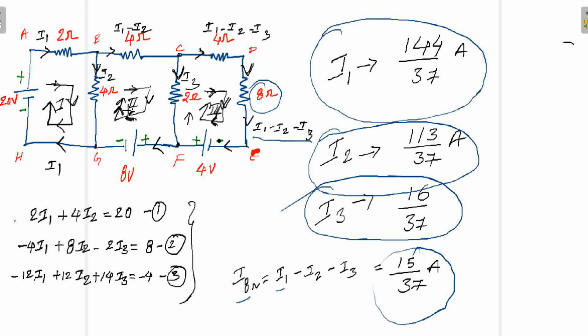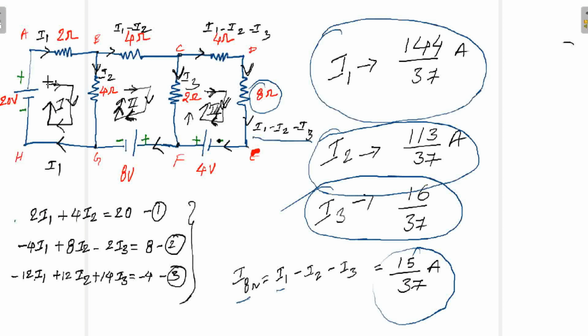It means that with the help of KCL or KVL, with the help of these Kirchhoff's laws, using the basic current values, you can find any branch current. Remember this point. This is a very important point for Thevenin's theorem. By using the Kirchhoff's laws, you can find the response across any element. It is not specific to a particular resistance. You can find the current flowing through the 8 ohms, 2 ohms or 4 ohms, or the response across any element in the given circuit.